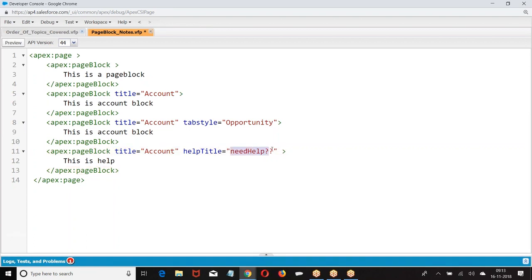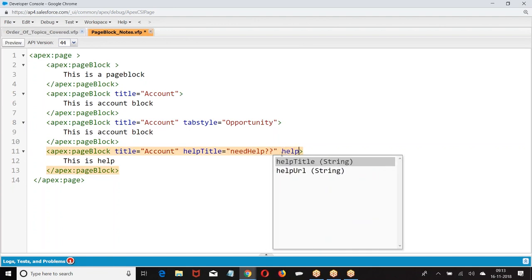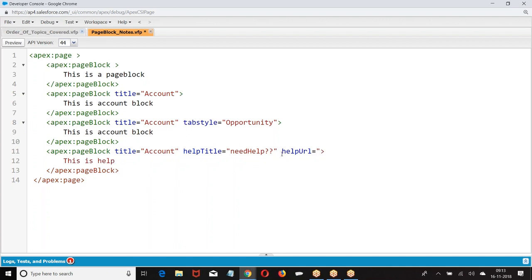If somebody clicks on this title, what is the page that has to open? When you click on the help title, what is the page that should be opened, that I am going to give as help URL. Help title will be displayed on the block. When you click on the title, the page that should be opened is given as help URL.